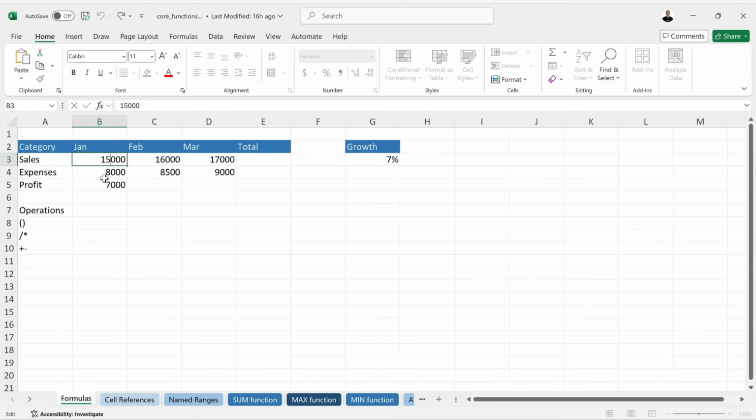But now if I double click here and change this number and press enter, profit is now automatically updated here. This is a more efficient way to use a cell here on Excel. I will delete this and press enter. Another way